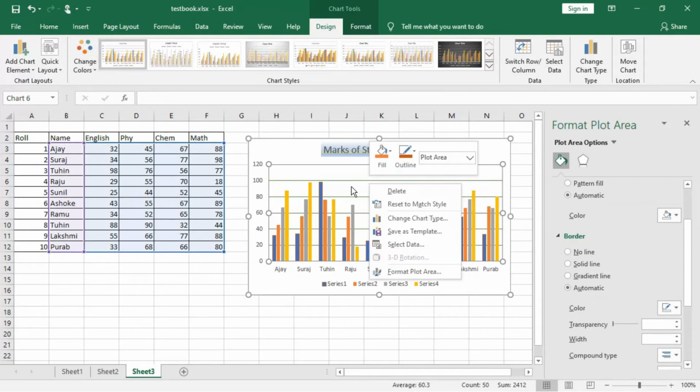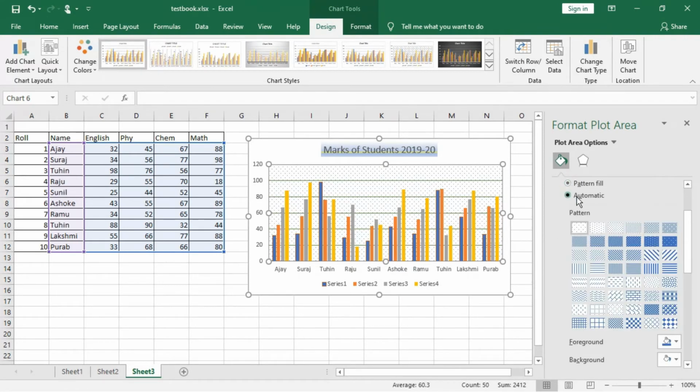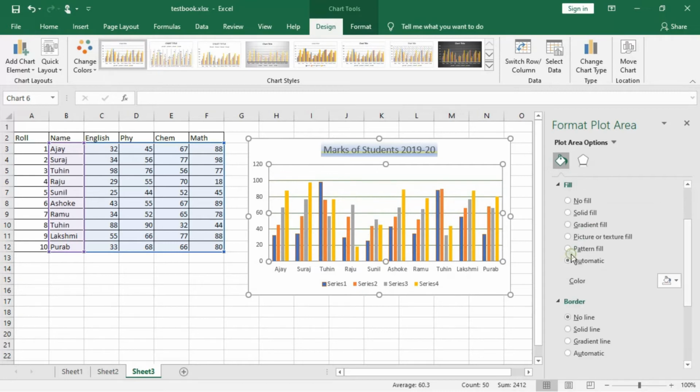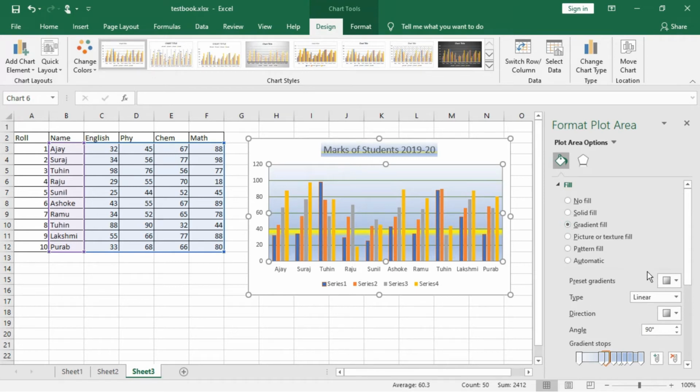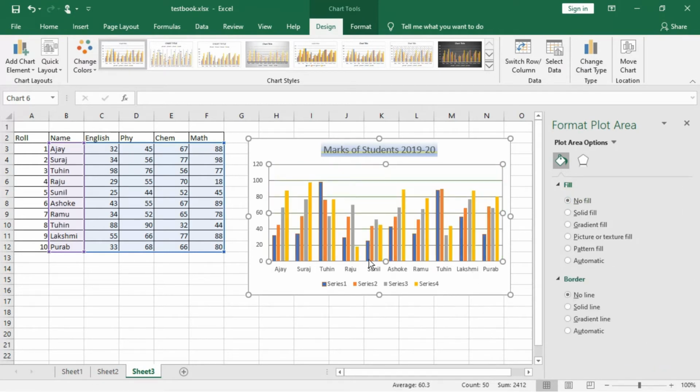I click on the chart area, format plot area will be there. So from here you can see pattern fill is also there, automatic is also there, border no line is there, gradient fill is also available. You can see gradient fill. If you want to change the color, that also can be done. You can check out here. See, if I want this green colored one, so the green color also will come over here. Okay, this is how to format the plot area. If you want no fill, this one will be removed. Fine. So this is the way to format the charts and all.